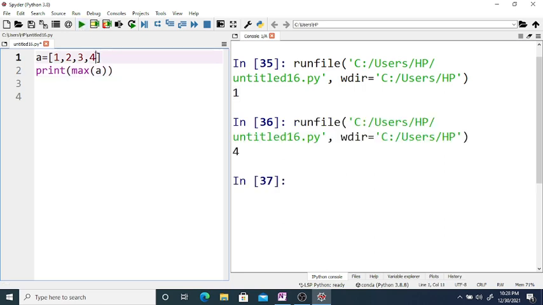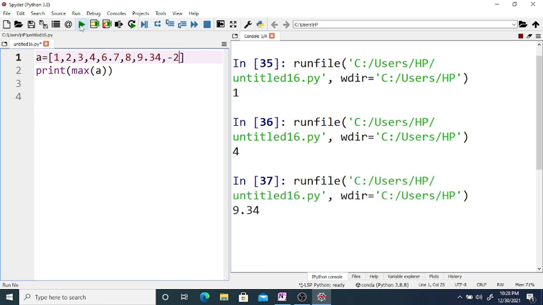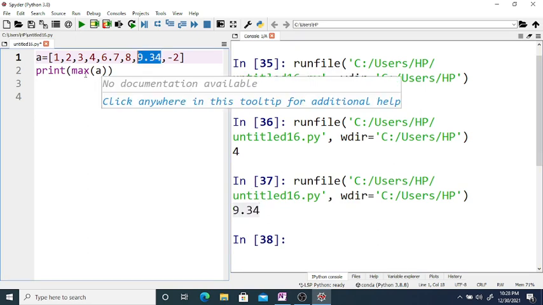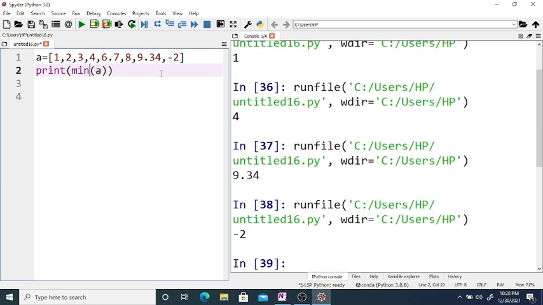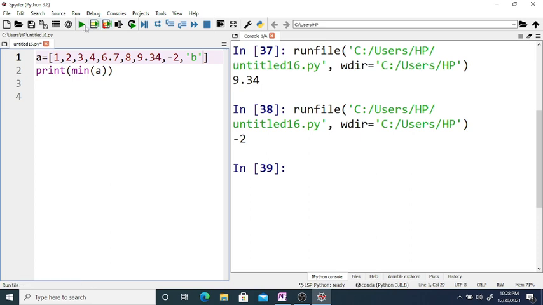Also, if you modify this to 6.7, 8, 9.34 and say -2, and run again, you will get the maximum element 9.34. If you use minimum, it is -2. But if you add a string, say string b, then it gives an error.